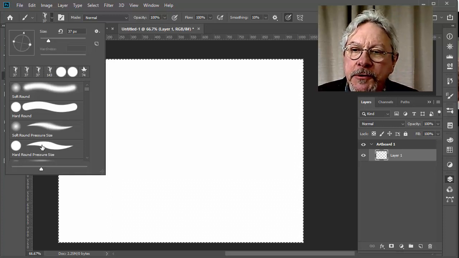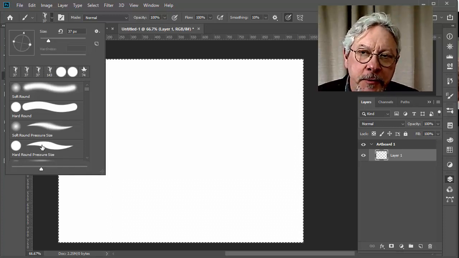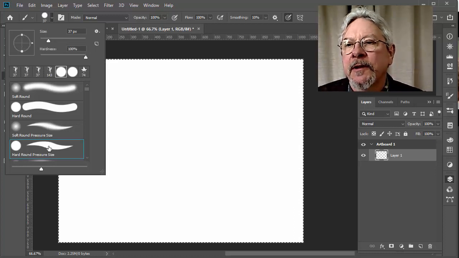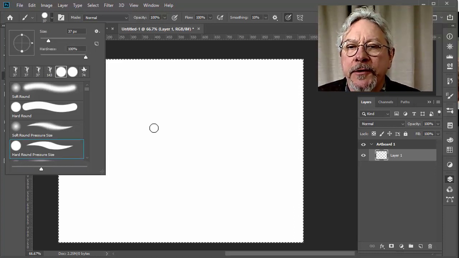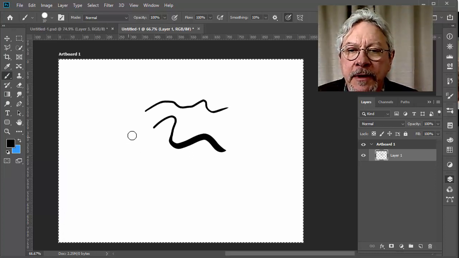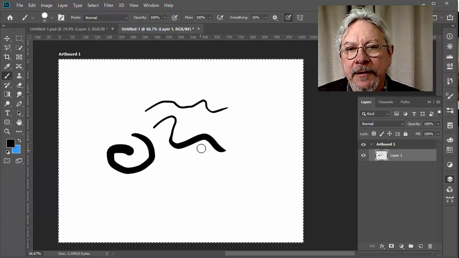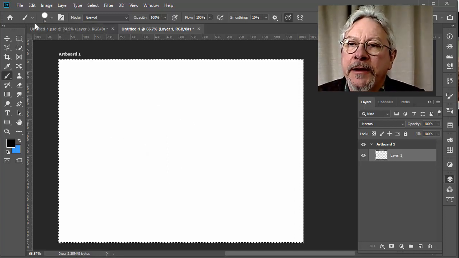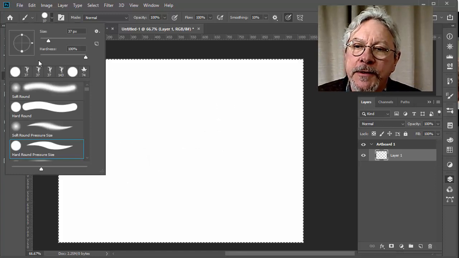Now the taper on this shows that the size of the brush is being controlled by the pressure of my Wacom tablet. I'm going to select that. Go over here, you see a light touch, thin line. As I bear down more, I can get a fatter line. If I go back in here, you can see that